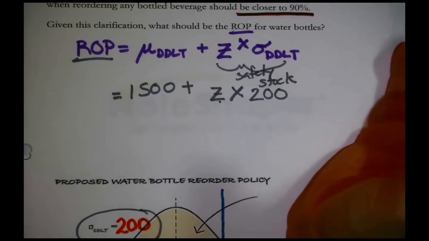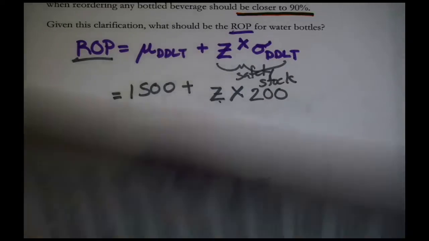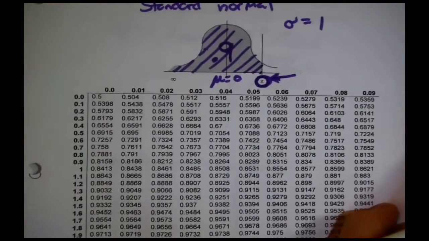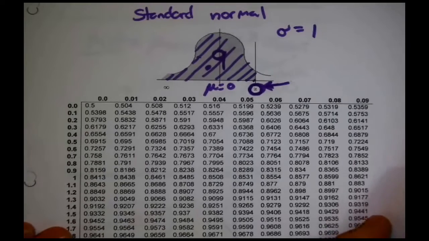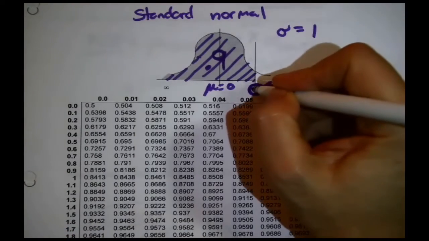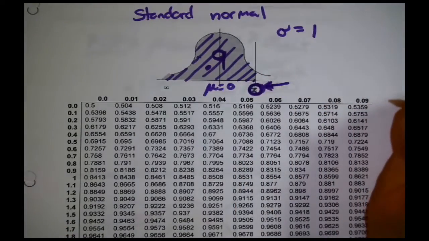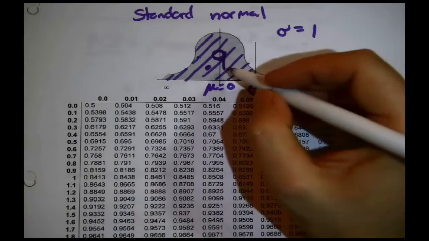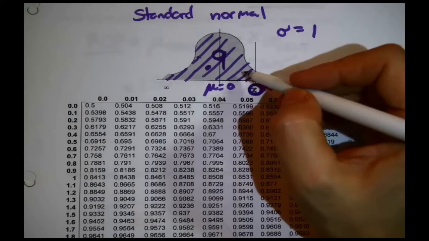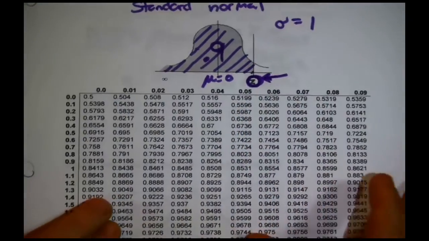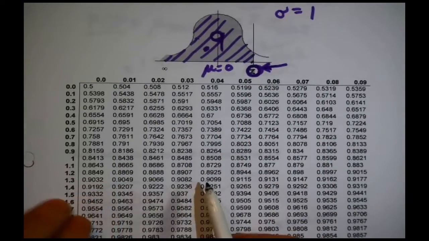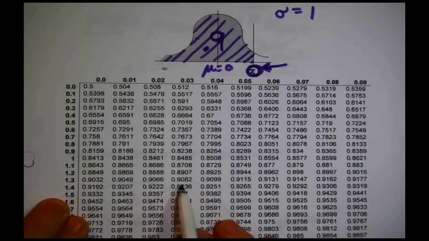But I bet we could figure out what it is from this table, because this is an exercise some people call using the z table backwards. I want to know what z belongs to an area